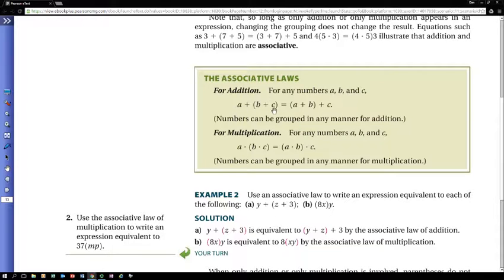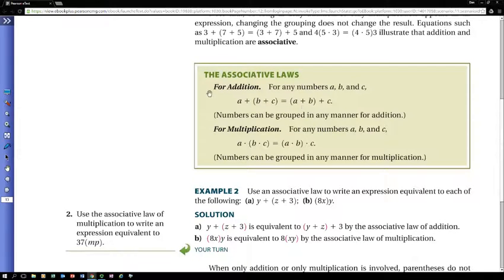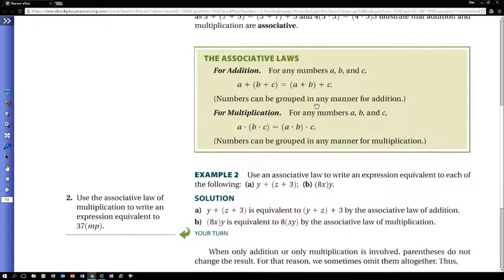If I have this addition of A plus the quantity B plus C, the associative law allows me to change the grouping. Notice that in this grouping B plus C is occurring. And it could change order, but that's a different property, right? The commutative. Well, in this side of the equal sign, there's different variables in here. The B is in the grouping again, but then it has to be added to A. That is the associative property. If I have all addition and I just change the grouping of that addition, I'll end up with the same